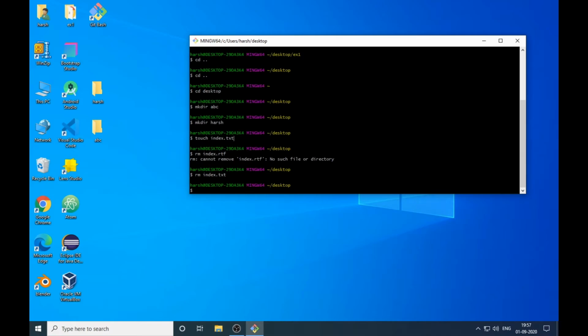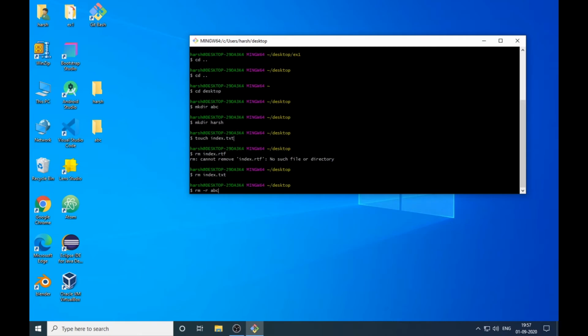And what if we want to remove a folder from the system? For that we have rm -r and the name of the folder, which is abc or Harsh. First I will remove abc. So here we have rm -r space abc. It will remove the folder named abc from the desktop.